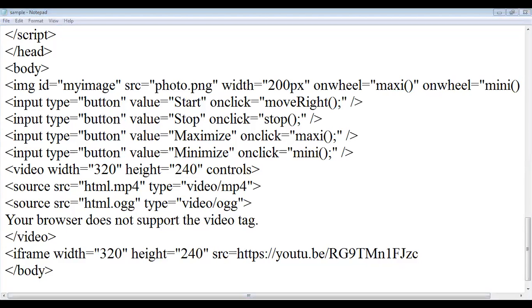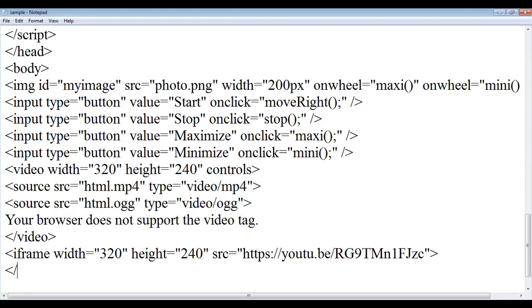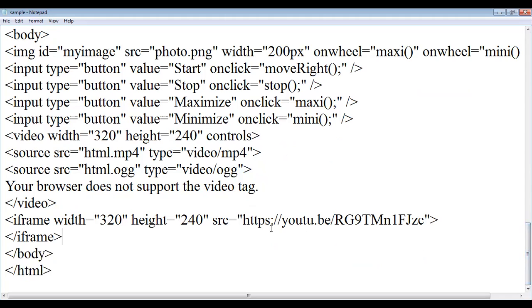After placing the YouTube link, before that you have to embed it using the iframe. So here we have to specify the SRC, open and save it.